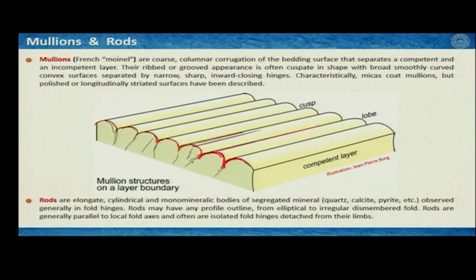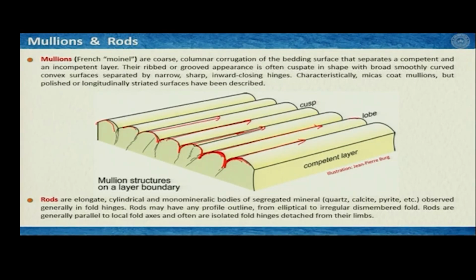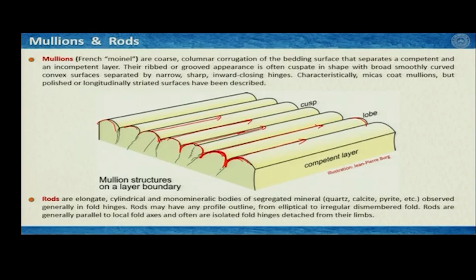So, these alternate round hinge and sharp hinge features produce in their third dimension a lineation, which is known as mullions. So, we have cusp here, this narrow hinge, and then you have lobe here, which is broad hinge. Now, rods, on the other hand, are elongate cylindrical and monomineralic bodies of segregated minerals, and these are mostly defined by quartz, calcite, pyrite and so on, these highly mobile minerals or the minerals that can get